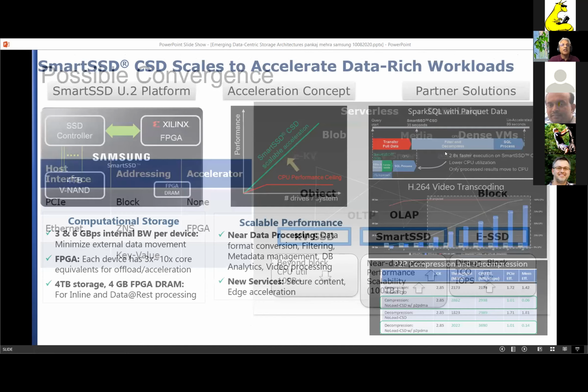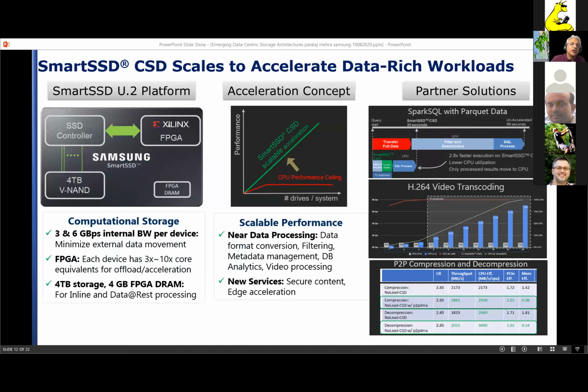So the Samsung Smart SSD incorporates a Xilinx FPGA next to every 4 terabytes of data. The left half of the little cartoon I have of the Samsung Smart SSD computational storage device looks exactly like a traditional SSD. It has a very low power, very low cost controller that, unlike what some other computational storage people do, doesn't try to do controller functions in the accelerator. We already have really fast ASICs that handle this, built at low cost in our own foundry. So there is no need to reinvent that wheel.